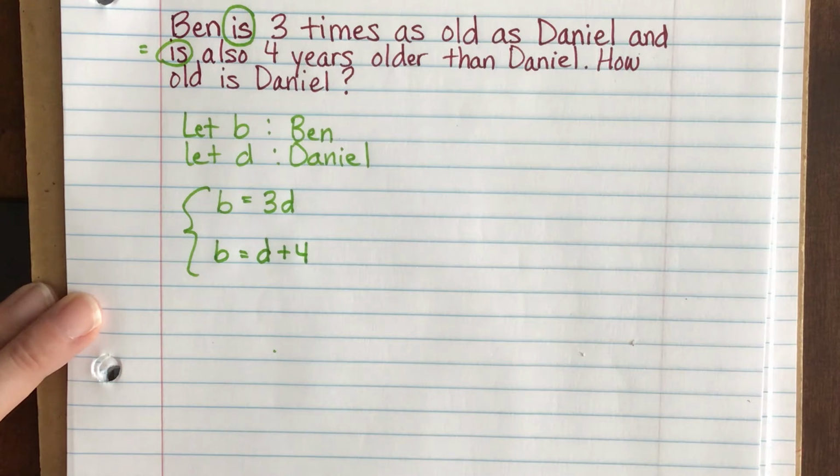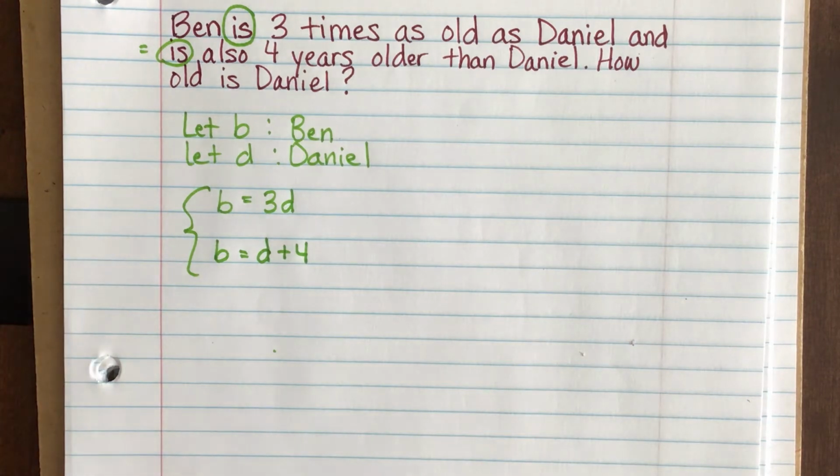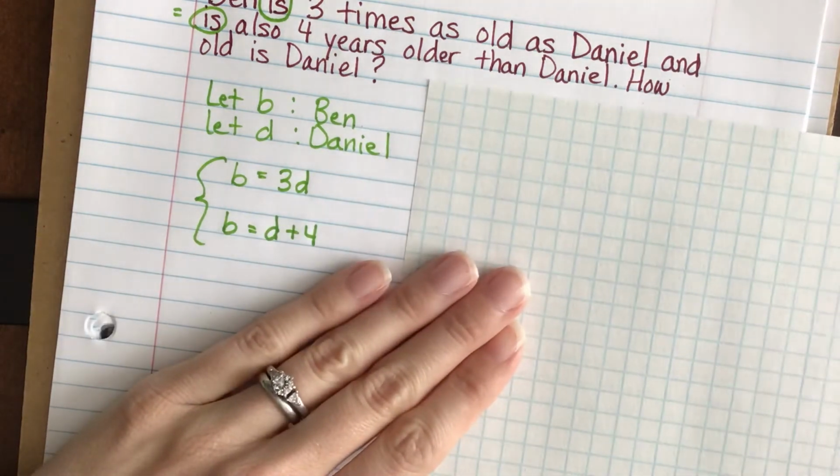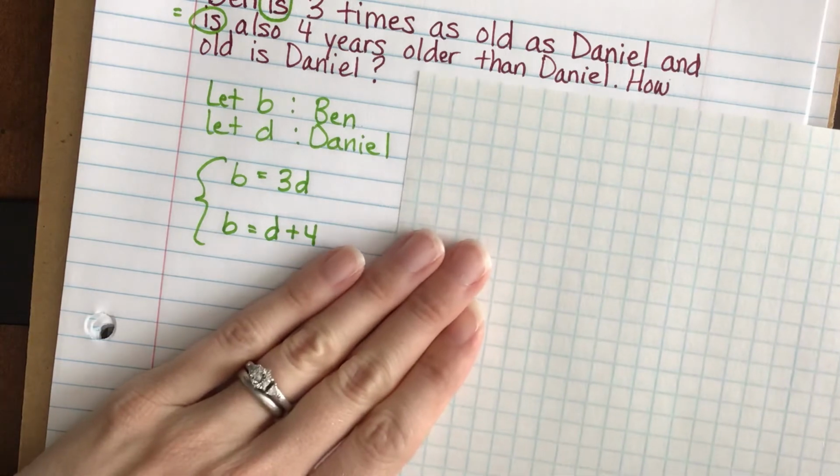How old is Daniel? Well, this is set up beautifully for substitution. It also would be great to graph these since they're both in slope-intercept form. I'm going to go through the process of doing both of them. So let me grab a piece of graph paper real quick. I tend to lean more towards substitution, so I'm going to take the time to actually show you how to